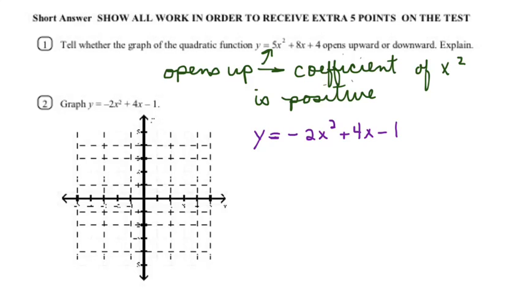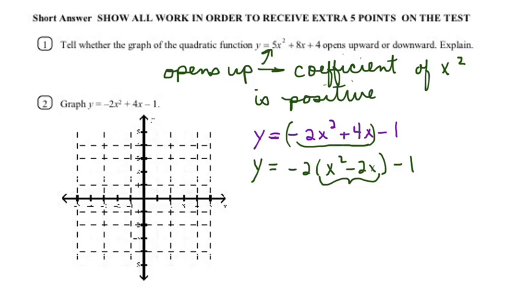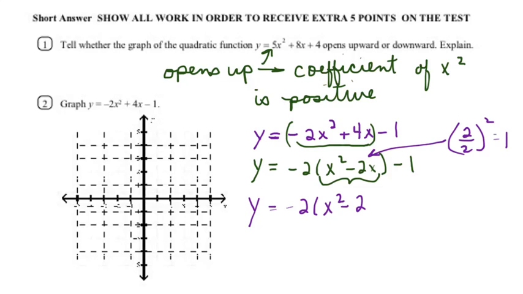To find the vertex we have to complete the square on this quadratic and linear section right here. So we're going to take a negative 2 out, and we want to make sure this is a perfect square trinomial. We look right inside at the 2, take the 2 and cut it in half, so we divide it by 2 and square that result. So we get y equals negative 2 times (x squared minus 2x, and we add that number we just found, 1,